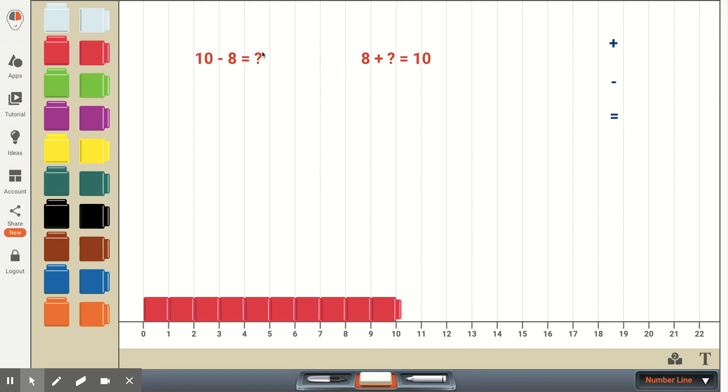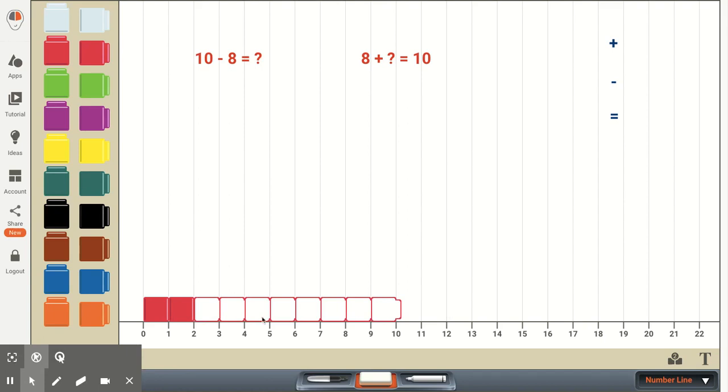So what I have here for an equation or number sense for starters is 10 minus 8 equals some unknown. And we want our first graders to understand that this would mean the same as 8 plus some unknown equals 10. But before we even do this, let's take a look and represent this 10 minus 8 on our number line using the Unifix cubes. So I've started here and I've placed 10 Unifix cubes on the number line. This is what we're starting with.